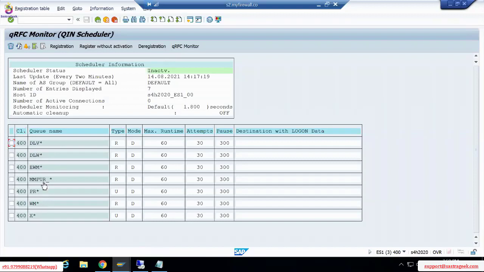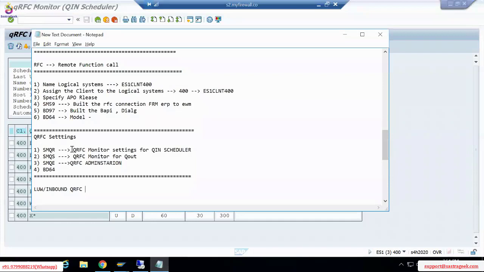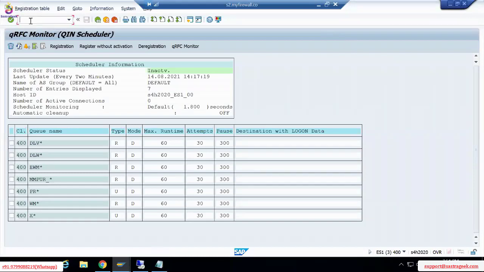Make sure that R stands for registration, meaning we have registered these queues. And you have this one, you see, which stands for not registered, and it will not process anything. We will also have another status, N, but I don't see that here. However, SMQR, this is what we are discussing here, the first one for the Q. And the same way, the other transaction,